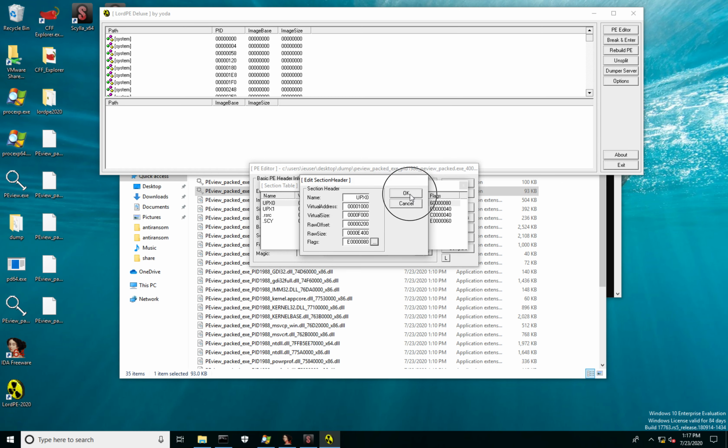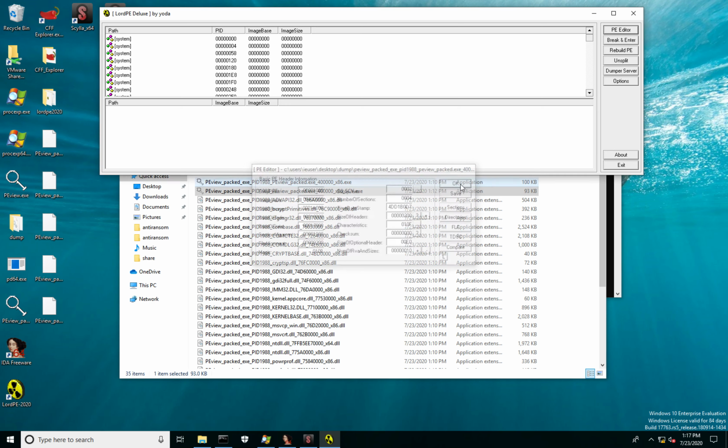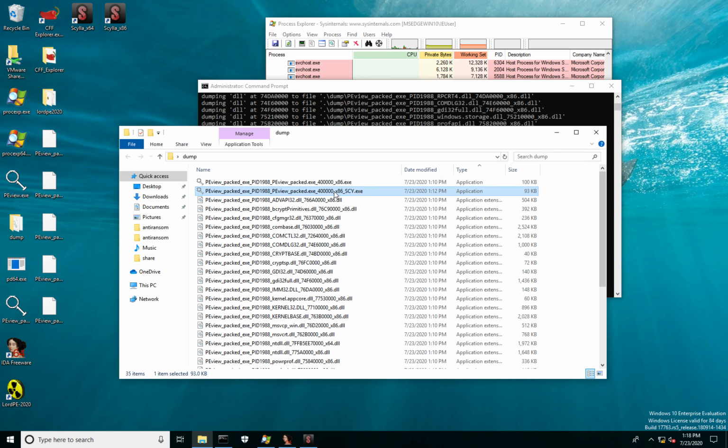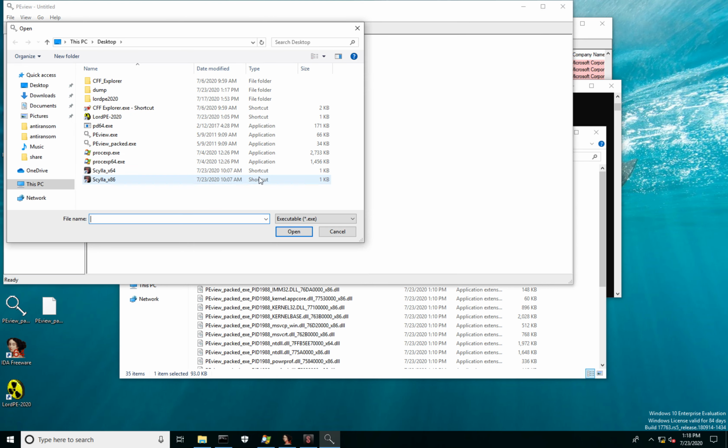Make sure to save the modified file. Final moment. Let's see. Awesome. The application now runs as expected. Nice.